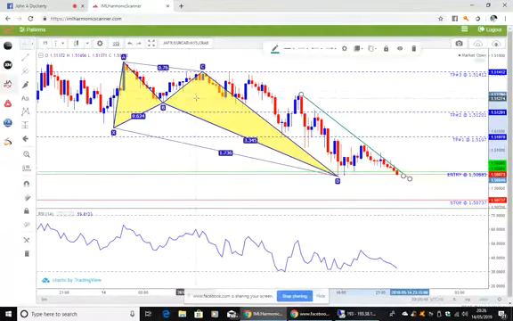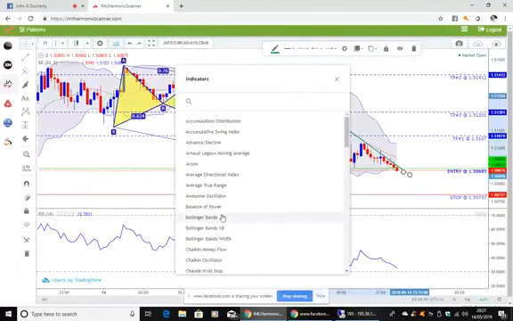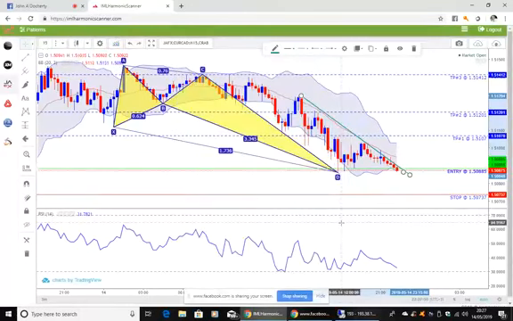So what we can do is we can basically add a couple of other indicators. So on the top of here we've got the indicator button, and we can add a Bollinger Band. Okay, so basically what a Bollinger Band is, it's what I like to class a bit like an elastic band, and you've got an outer and an inner, and in the middle of this red line we have the moving average. So at the moment we can see that the price action is coming down towards the bottom Bollinger Bands,